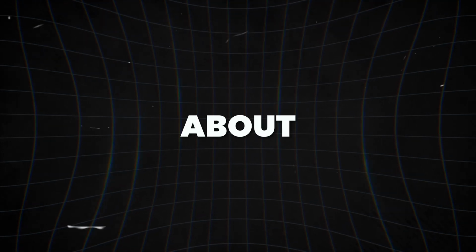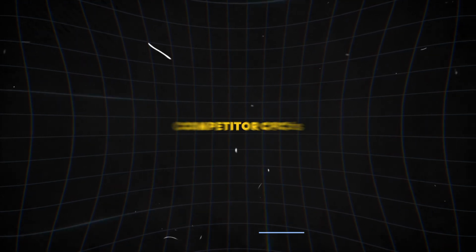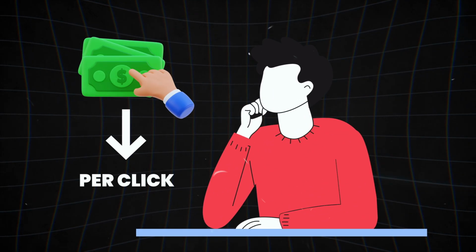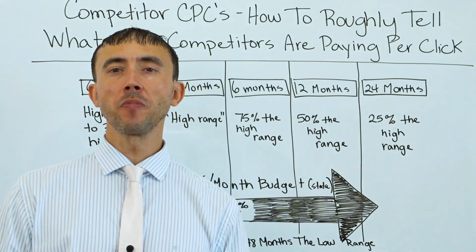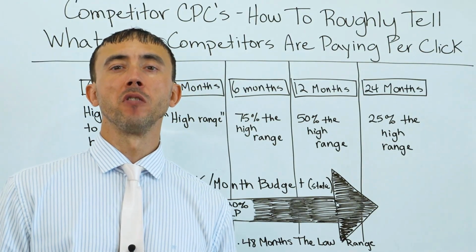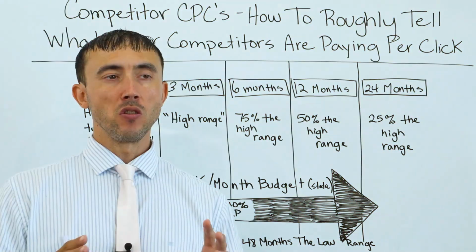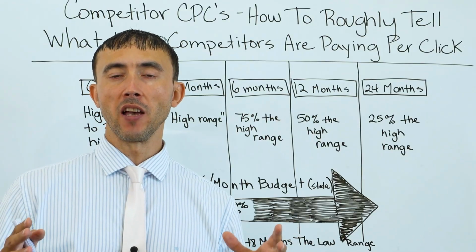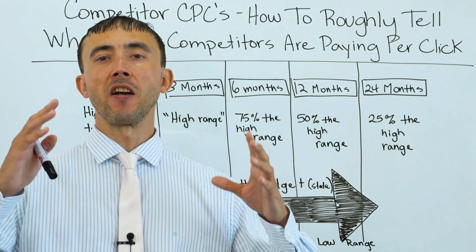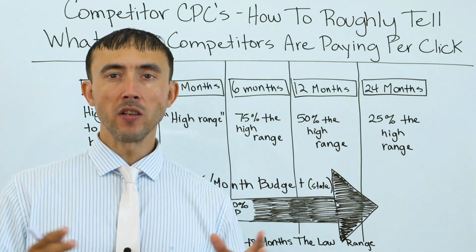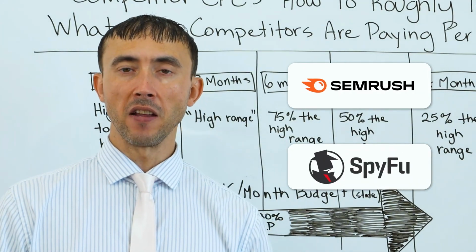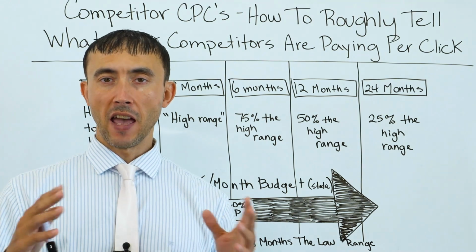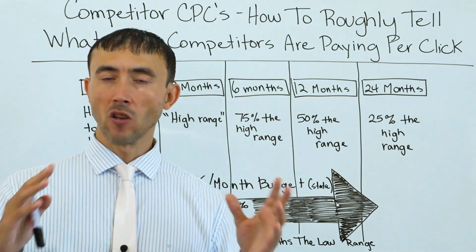Today's video, we're going to talk about competitor CPCs and how to roughly tell what your competitors are paying per click on their campaigns, if you were wondering what you should be paying per click. This is something that other people have generally said is impossible to tell. You do not know what people are paying per click unless you were able to look at their ad account yourself. Going to SpyFu or SEMrush or another competitor analysis software is also not going to tell you